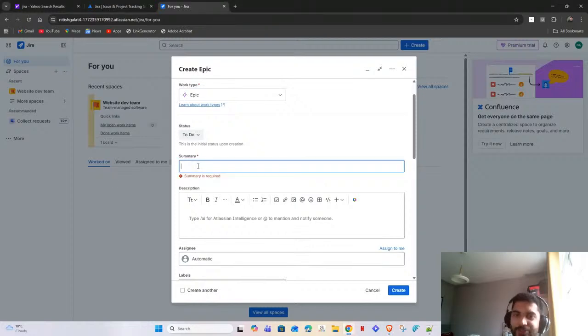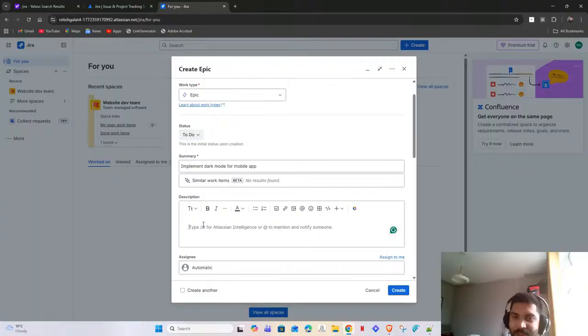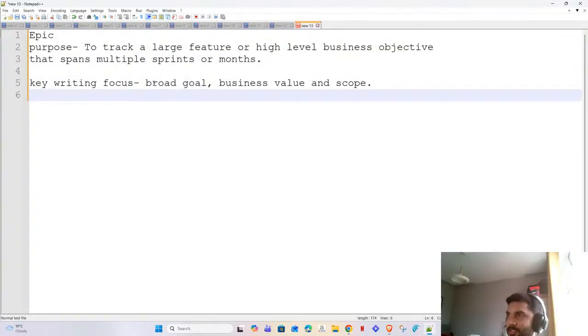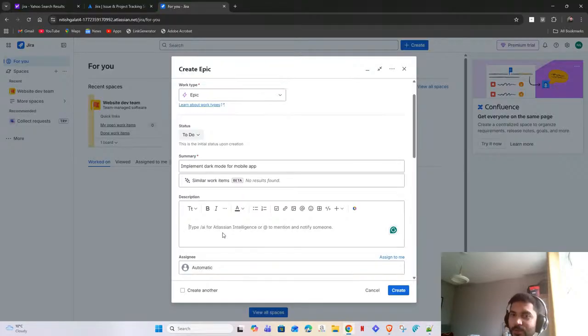So, in the summary, your summary should be very high level. So, let's take an example: implement dark mode for mobile app. So this is like our high level summary which we have. Then in the description, you should be focusing on three things. So here in the description, you should have a broader goal, a business value and the scope of it. So if I go here, the description could be something like this: